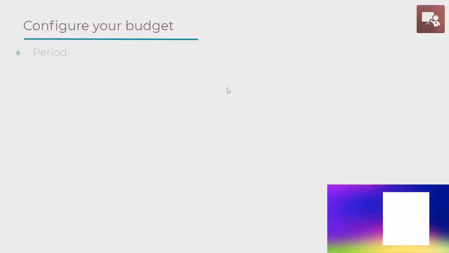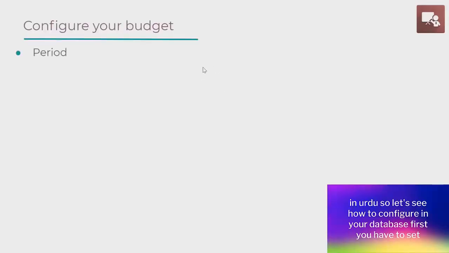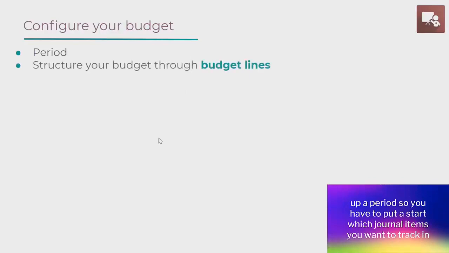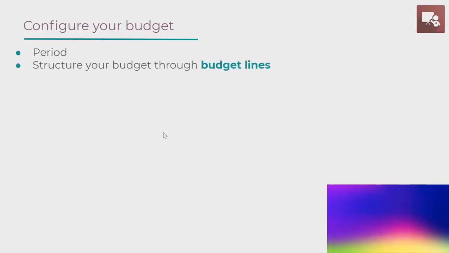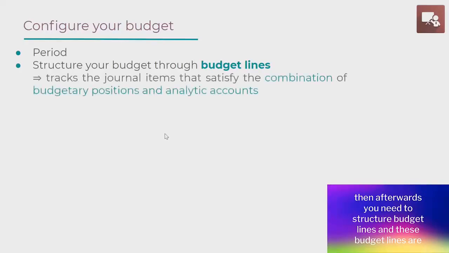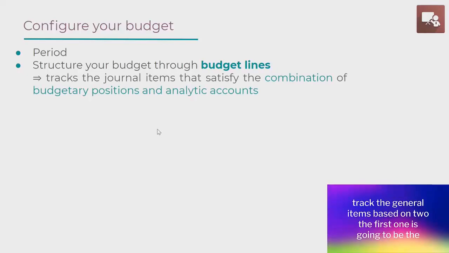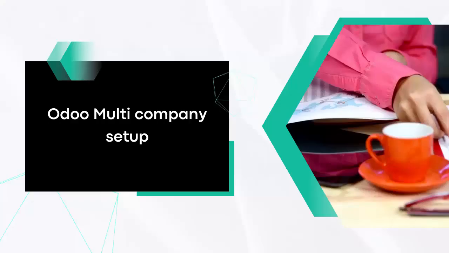together, the different features that enable you to manage your budget in Odoo. So let's see how to configure it in your database. First, you have to set up a period, so you have to put a start date and which journal items you want to track. Then afterwards, you need to structure budget lines, and these budget lines are